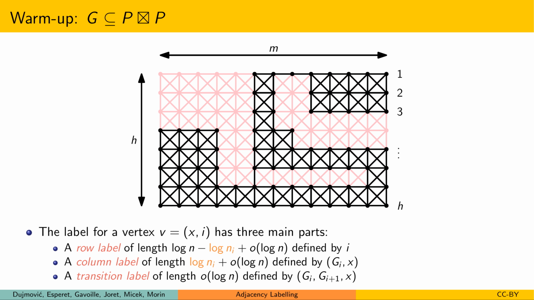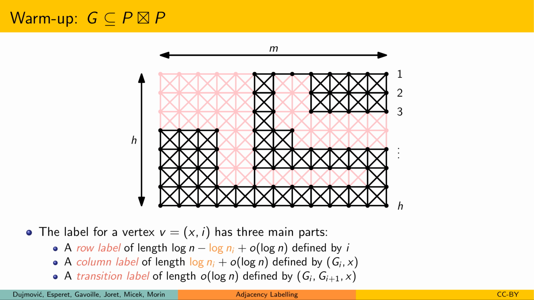Each vertex label has three parts: a row label, a column label, and a transition label. The row label identifies which row i V is in. Every vertex in the same row receives the same row label. The row labels are designed so that using the row labels of two vertices, we can determine if the vertices are in the same row, in two consecutive rows, or in two distinct rows that are not consecutive. If row i contains ni vertices of G, then the label for row i will have length roughly log n